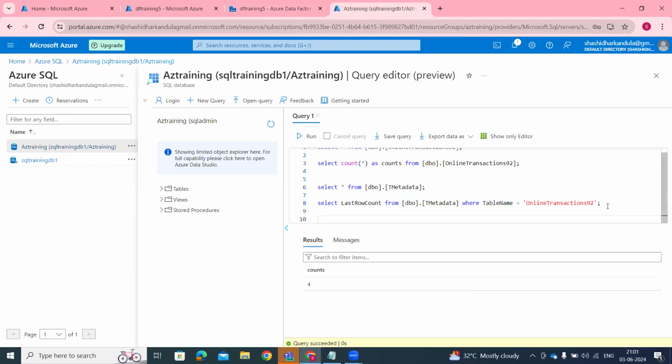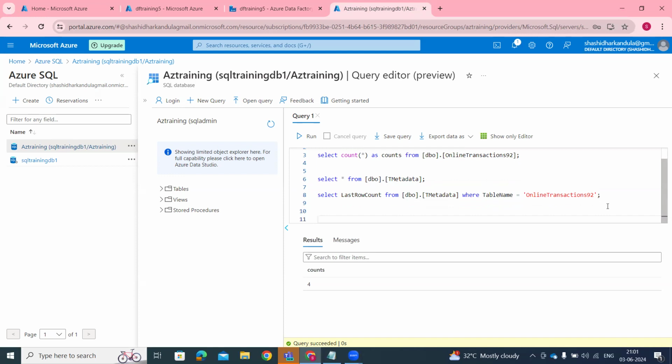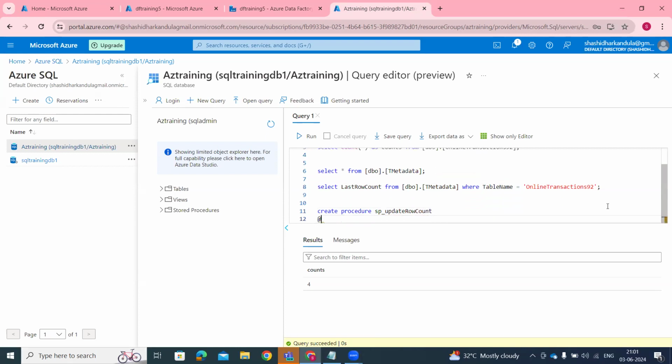So what value do we need to update? We need to take the current row count and update the last row count in the t metadata table. For that, we are going to use the stored procedure activity. Let's create a stored procedure. Create procedure, let's say sp update row count, any meaningful name, and parameters as